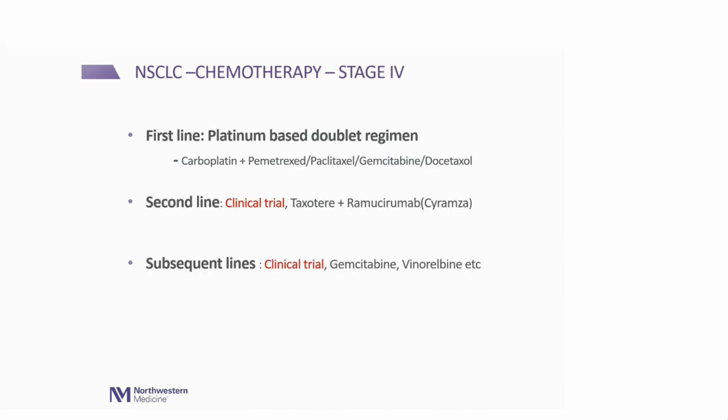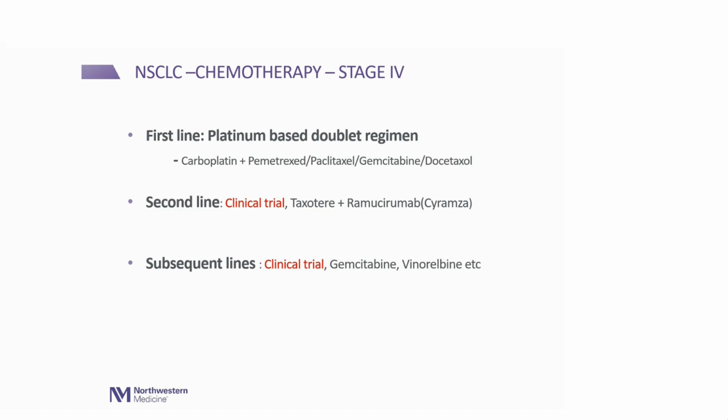In terms of chemotherapy, I just thought I'll put this slide just to familiarize yourself with the names of the medicines. There's always the first line regimen. This is a platinum-based doublet regimen. Always chemo is given as combination sets of 2. One is a platinum drug like carboplatin, and then the doublet here can be, it's like a dealer's choice. It's any of these 2 that we can pick and choose depending on the side effect profile. I'm not going to go into details because, again, my goal is just to give an overview. If the cancer progresses and grows on this, then we move on to another second line regimen.